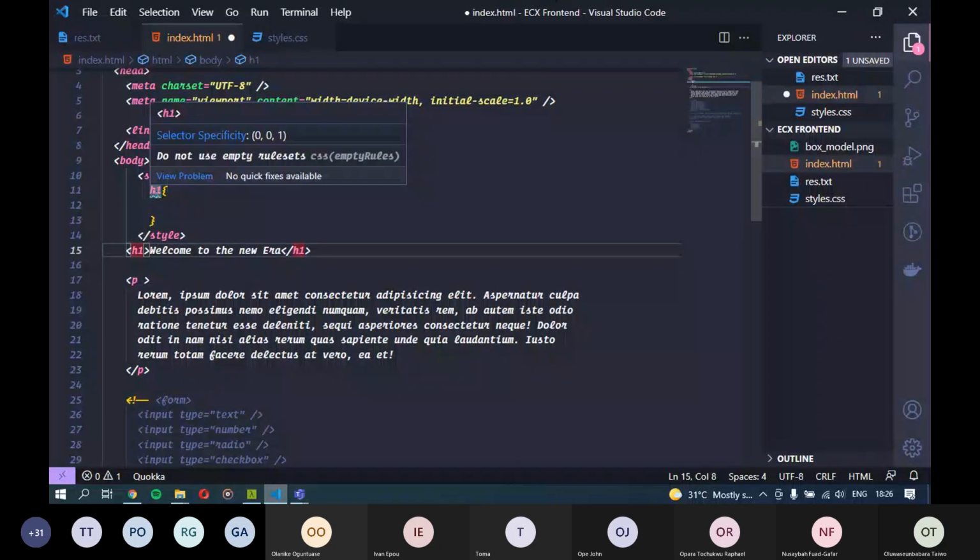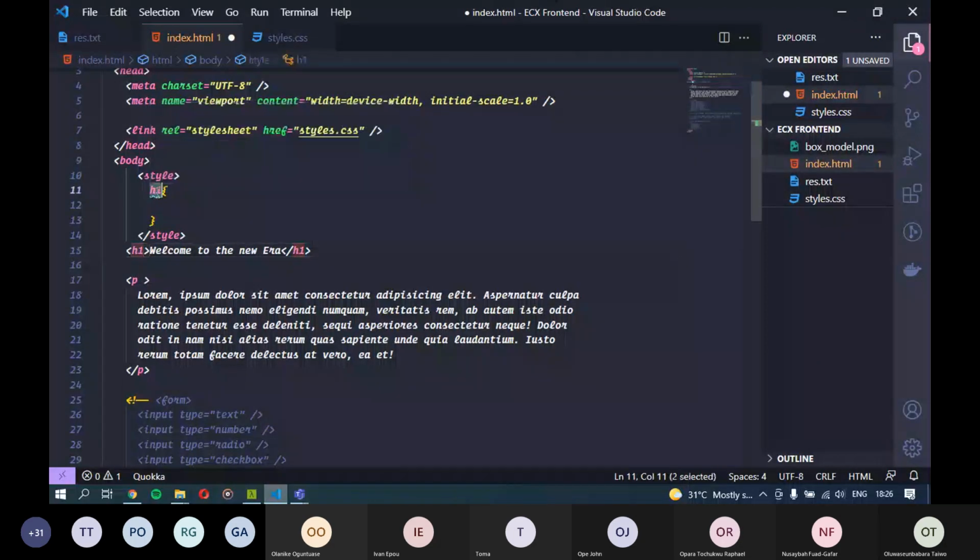Yeah, I can hear you. What's your question? I think the internal style sheet should be within the head tag, not between the body tags. Okay, so yeah, we can put it there. Will it work if it's there? Also, it can also work when it's here. Or let's try it.